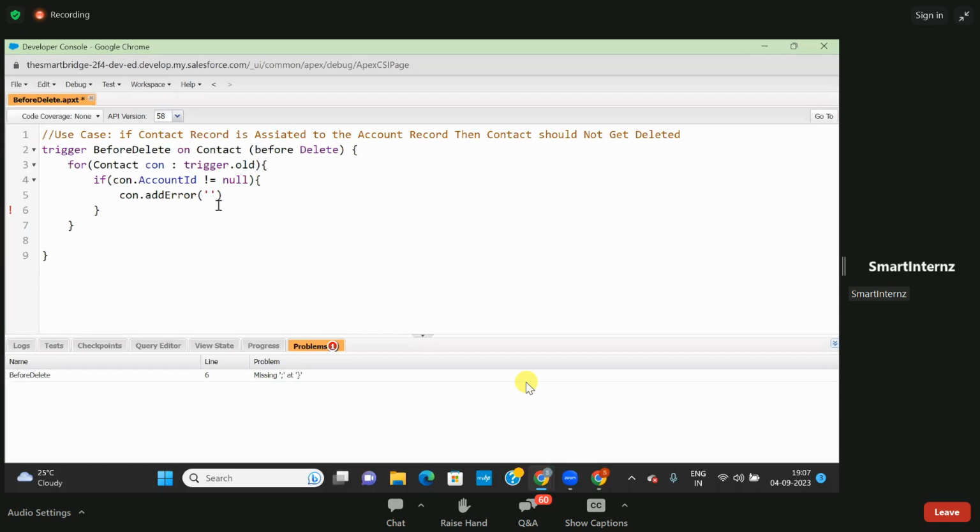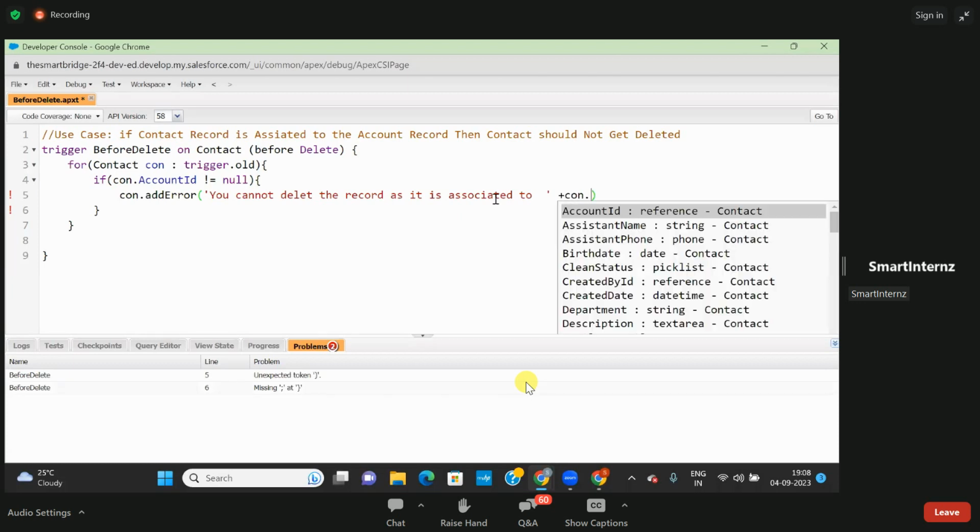So I'm defining: you cannot delete this record as it is associated to, concatenate plus, to which it is associated, contact dot account,